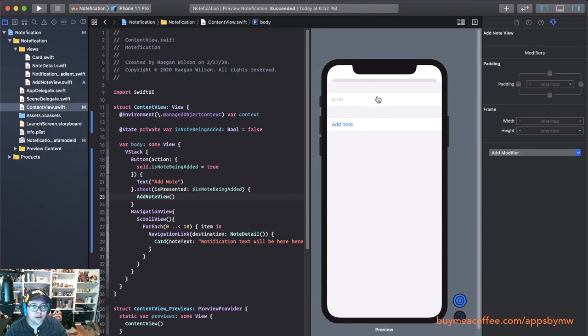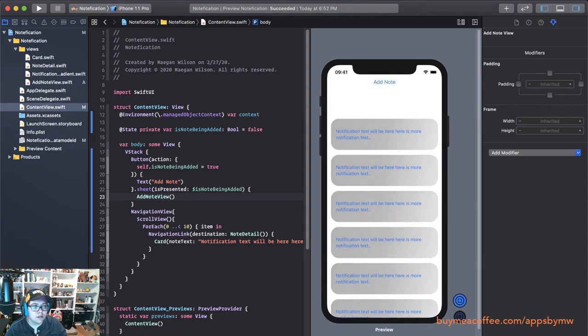That's okay. But basically, now it dismisses, and then it comes back. Boom. Back. Cool. All right, so we can make it appear. We can make it disappear, which is great. But now what we want to do is actually pass it this context so that we can actually add a new note to our core data. So what we're going to do